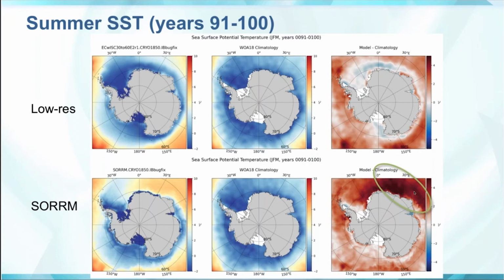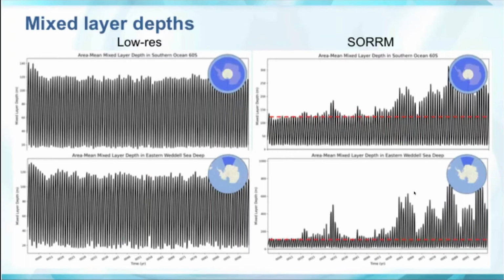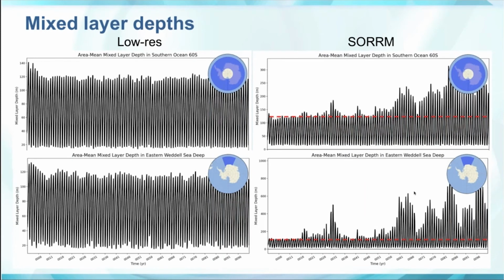And the driver of this seems to be that there are very strong events of vertical mixing in the ocean that's bringing up warm, slightly saltier water from depth up to the surface. So these are plots of the mixed layer depth, both for the entire Southern Ocean on the top for low resolution and SORM, and then just close to this sector where we're seeing this very high warming,